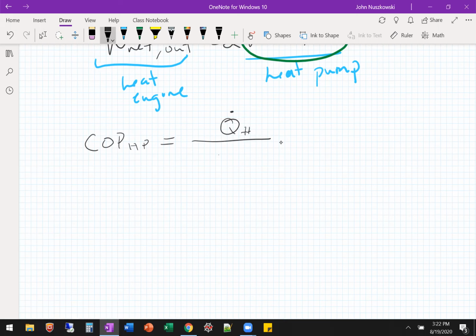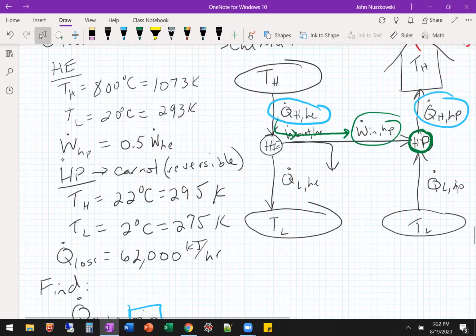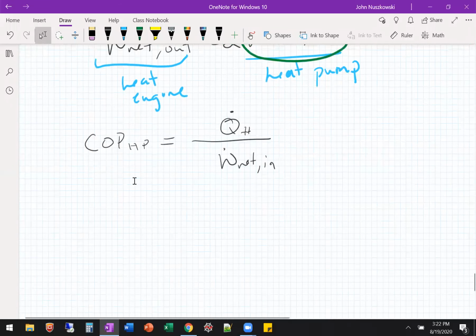Yeah, so we're moving heat from a low temperature reservoir to a high temperature reservoir. So the opposite direction, heat wants to go, right? Heat wants to go from high to low. So to make it go from low to high, we have to put work in. So that's our required input. All right, so now